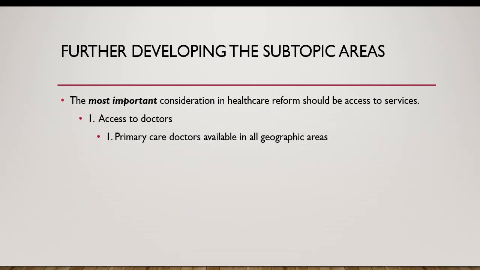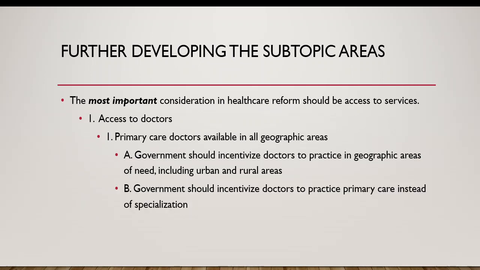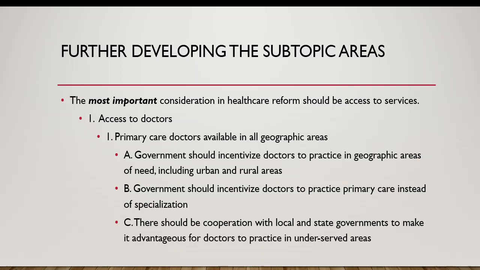Within the thesis, the most important consideration in healthcare reform should be access to services, is the subtopic area, access to doctors. The subtopic area is that primary care doctors should be available in all geographic areas. How do we do this? Government should incentivize doctors to practice in geographic areas of need, including urban and rural areas. Government should incentivize doctors to practice primary care instead of specialization. And finally, there should be cooperation with local and state governments to make it advantageous for doctors to practice in